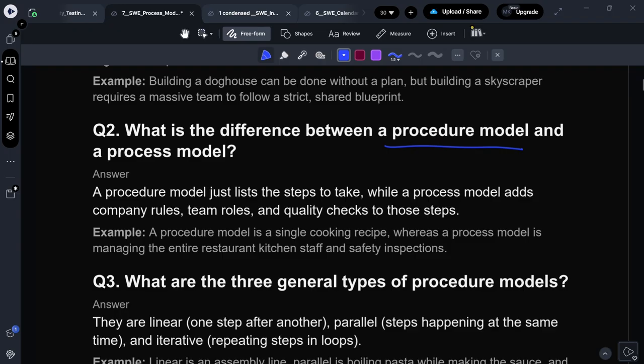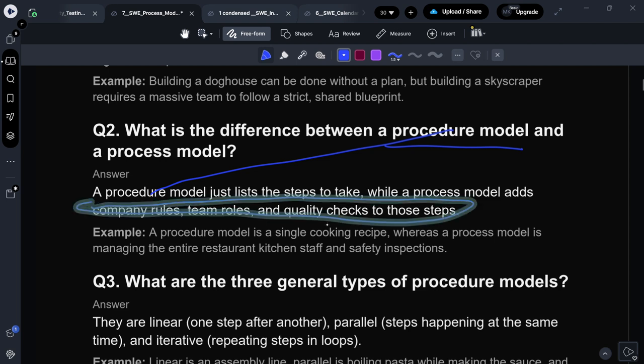It also includes the project management side. For example, a procedure model just lists the steps to take, while a process model adds company rules, team roles, and quality checks to those steps. These are project management related things added to it. So a procedure model is a single cooking recipe, whereas a process model is managing the entire restaurant kitchen staff